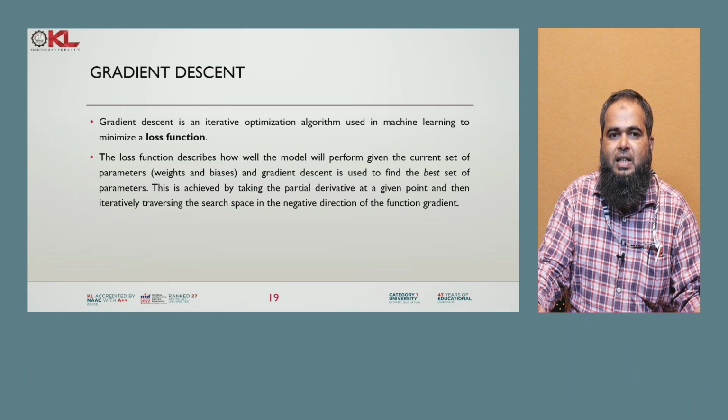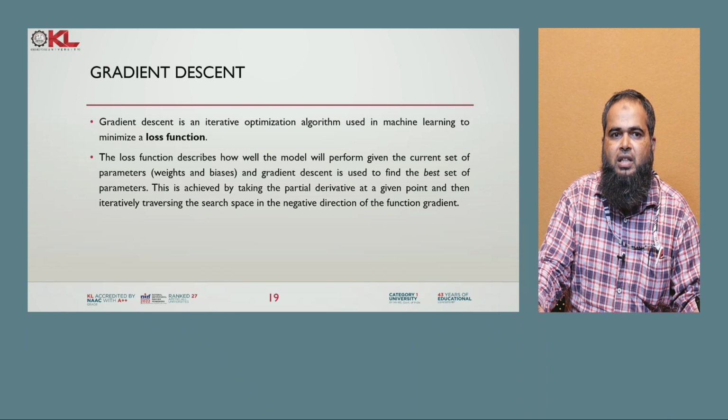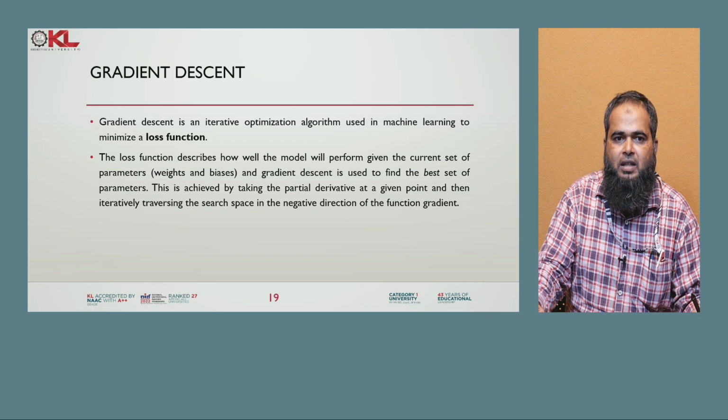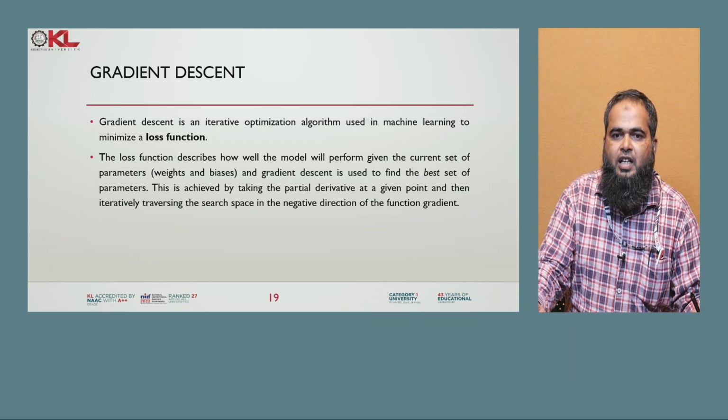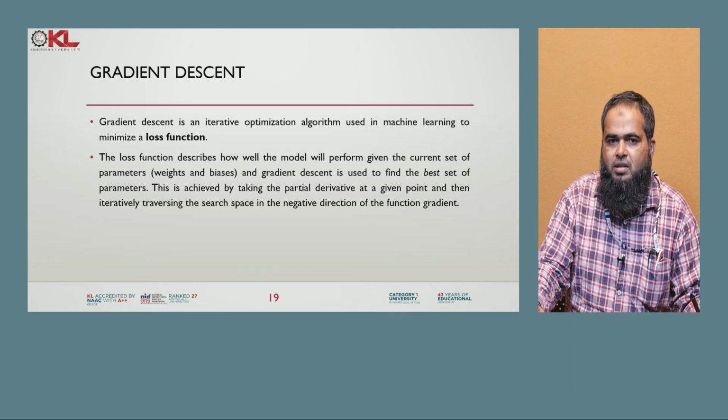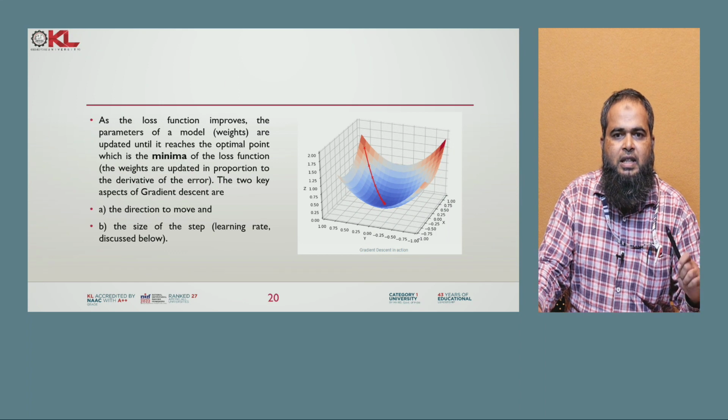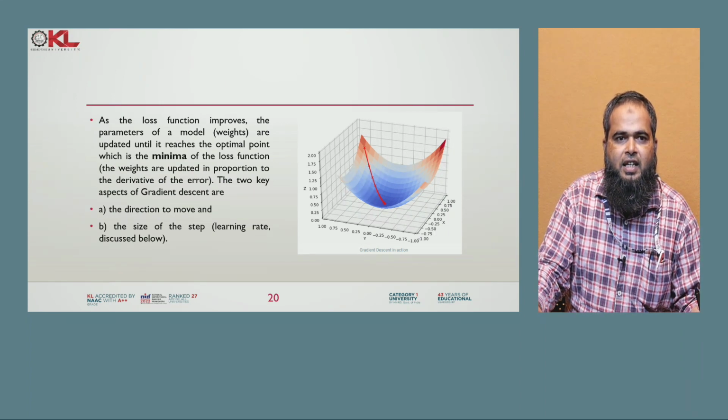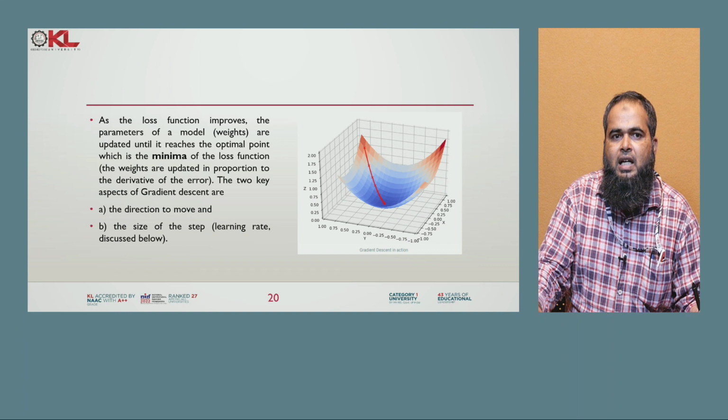Basically, the gradient descent method is an iterative optimization algorithm that is used in machine learning to minimize the loss function. The loss function describes how well the model will perform given the current set of parameters, and gradient descent is used to find the best set of parameters, by taking the partial derivative at a given point and then iteratively traversing the search space in the negative direction of the function gradient. So, see here, this is the graph for gradient descent, where the action is performed on the loss function,